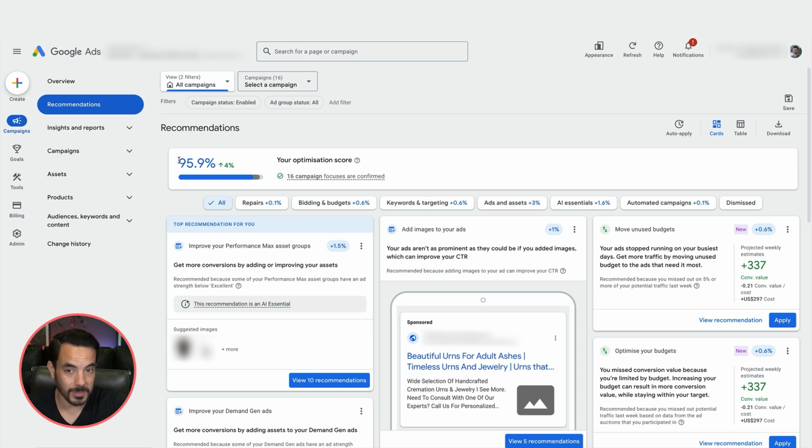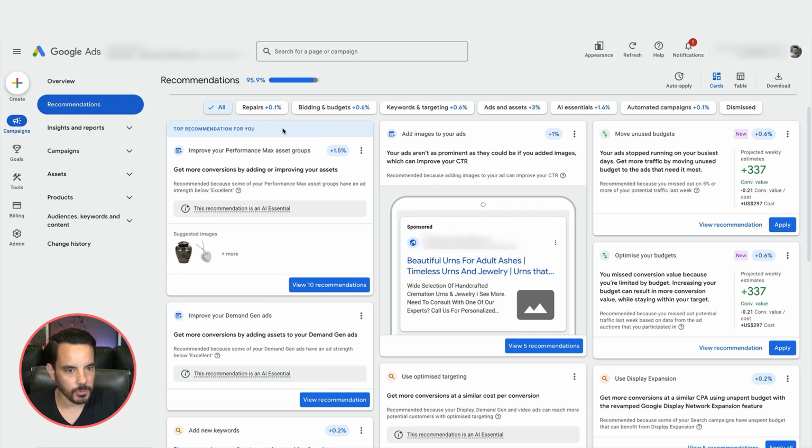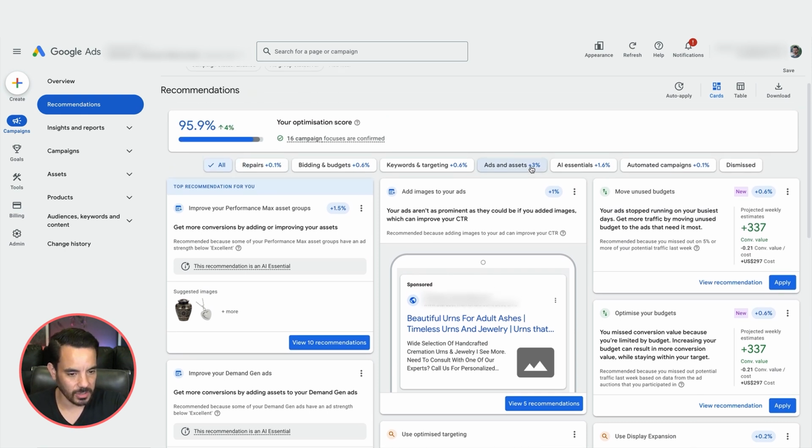And when you dismiss it, then that counts towards increasing your optimization score. So a really easy thing to aim for is just to always aim for 100% optimization score. And that is not saying that you've actually done all the recommendations they gave you. That's just saying you've at least considered them, and if it's nonsense, you dismiss it. If it's good, you implement it. And then once you've done that, you get up to 100% score. So we just try and get there every week just to make sure that we've at least considered all the